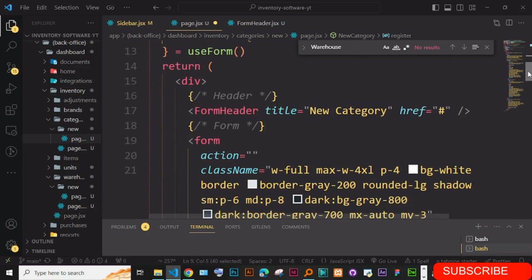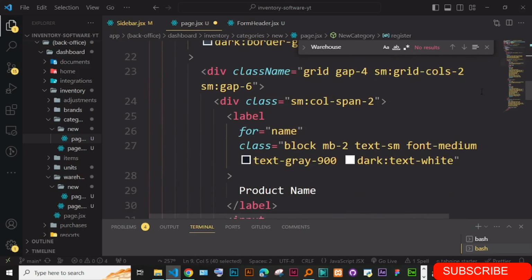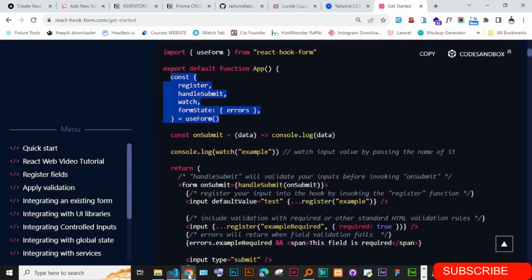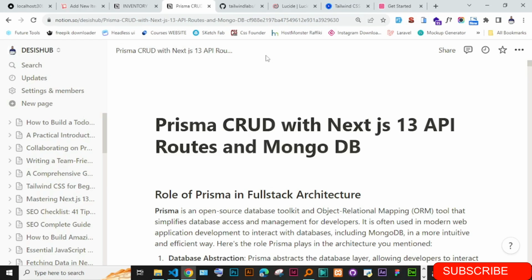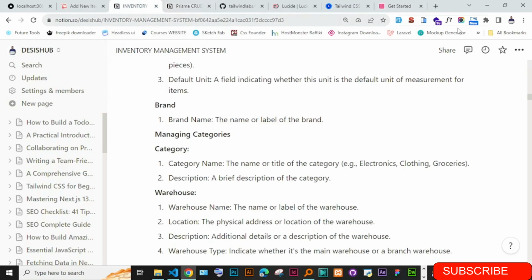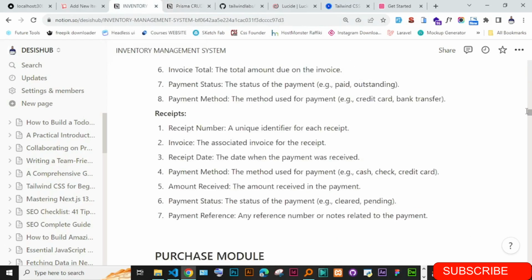When you have these three functions, you can now do a lot of things. First, you can register inputs. That is a great thing. Another thing is we can also validate inputs. Okay, now to show you, let me show something. There is the part here. If you scroll down,